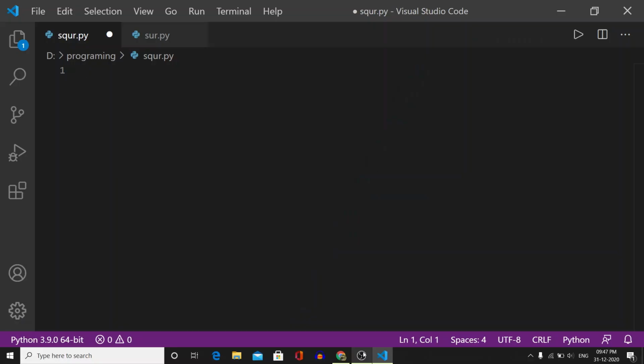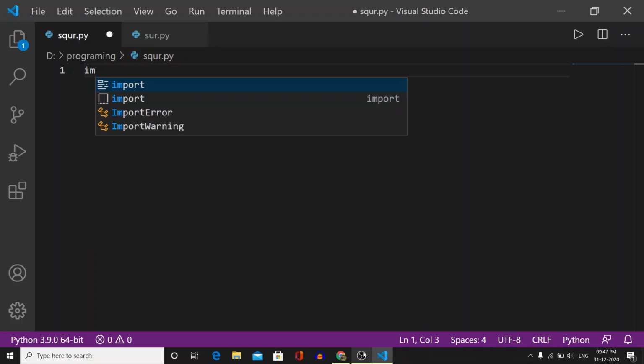So now we are going to deal with the JSON module in a practical way. So let's start with importing JSON. So first, import json.